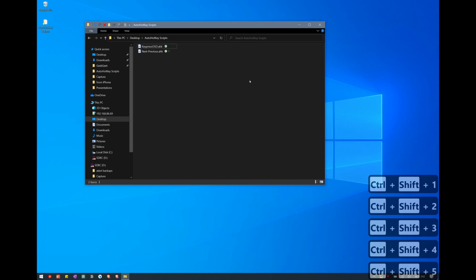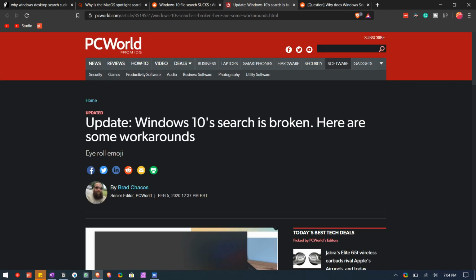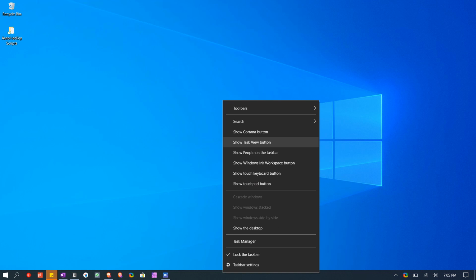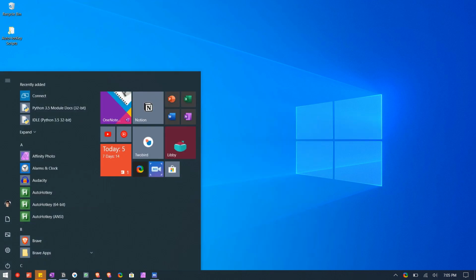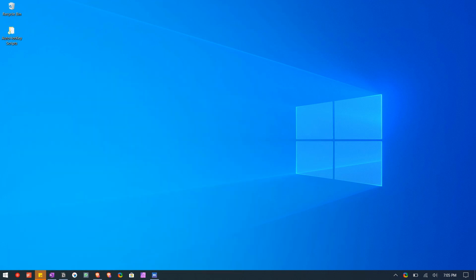A lot of people give a lot of crap to Windows Search, but I think it's one of the most convenient search tools that exist on any operating system, and yes, I'm including Spotlight Search on macOS and iOS as well. First, you need to know that you don't need to hit the search icon in order to start searching. You can simply press the Windows key and start searching. I think most people do that already, so that was not the tip I wanted to share.